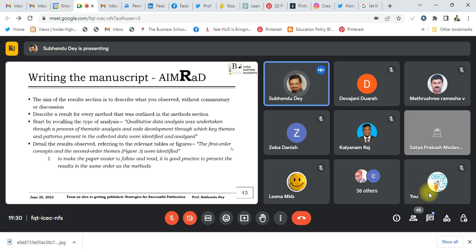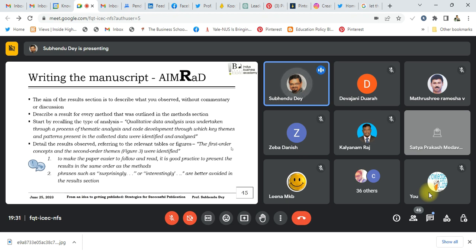All right. Now, to make the paper easier to follow and read, it's a good practice to present the results in the same order as the methods. So that's something which you should try and practice. Whatever the order of your methods, if the order of your results is different, the reader becomes confused. So this is one tip you take. The second one is,